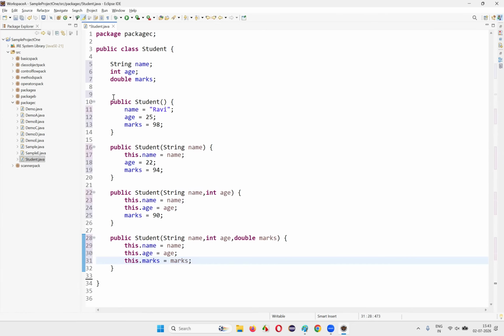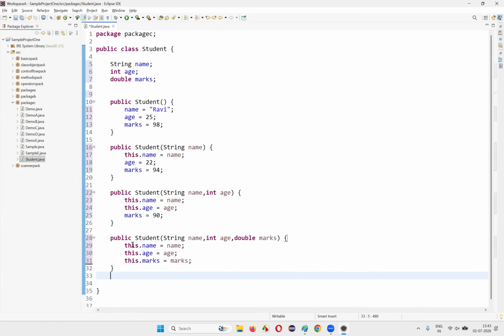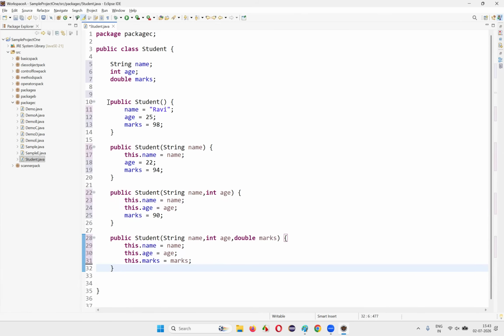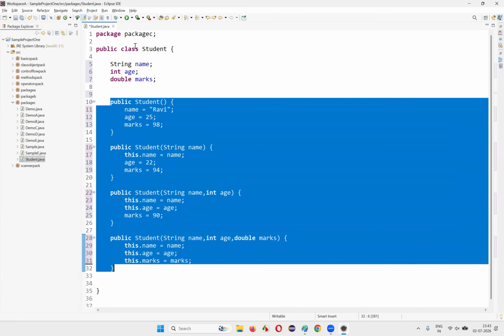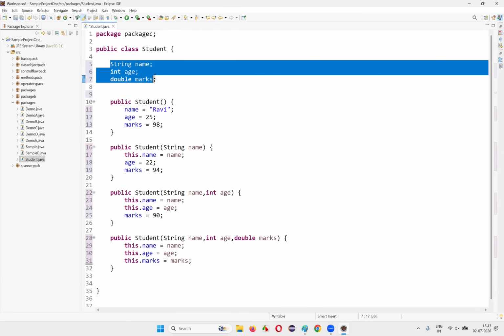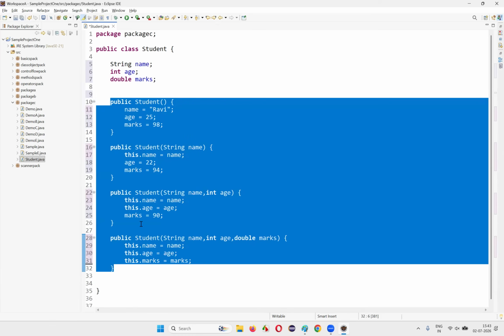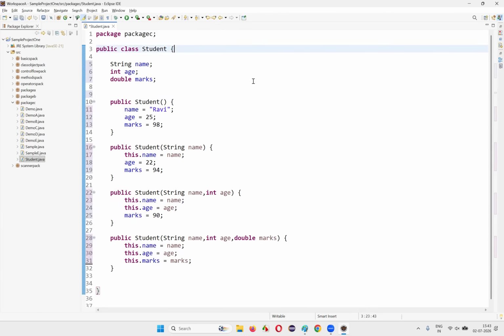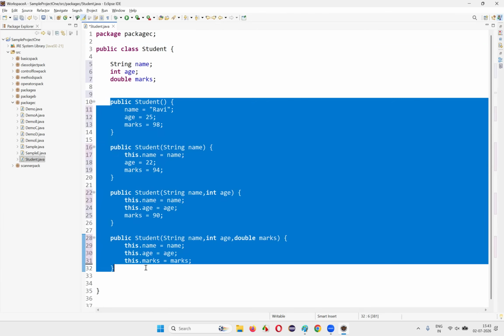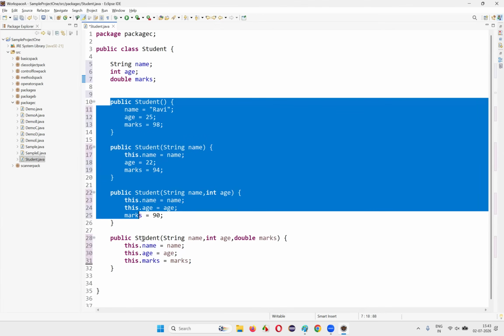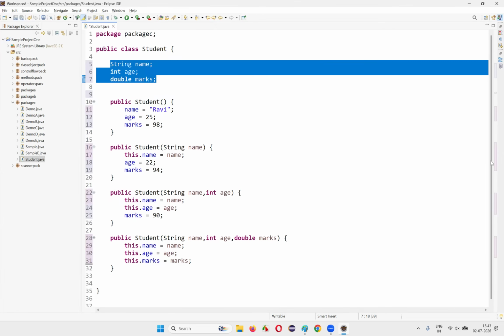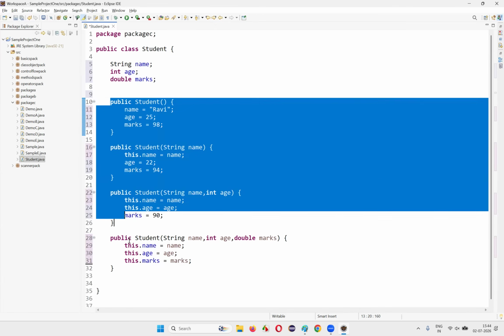Now with the help of these overloaded constructors, what is getting possible? You can initialize these class variables in different ways, yes or no? What is the use of having this many constructors inside the same class, which are overloaded constructors? What is the advantage? You can initialize these class variables for a particular object while creating the object by calling these constructors. Automatically the constructor will be called when you create an object, right? And the purpose of the constructors is to initialize the class variables. In how many different ways we can initialize these class variables for a particular object is something these overloaded constructors